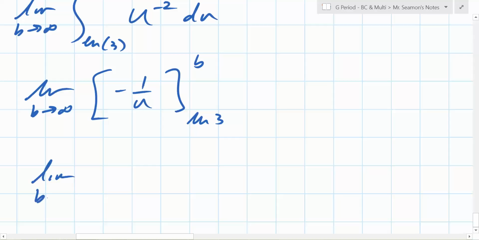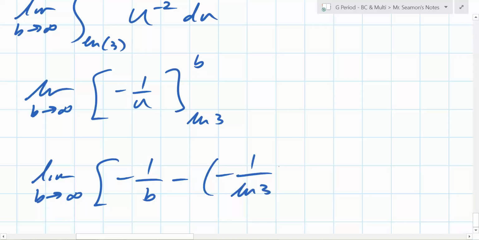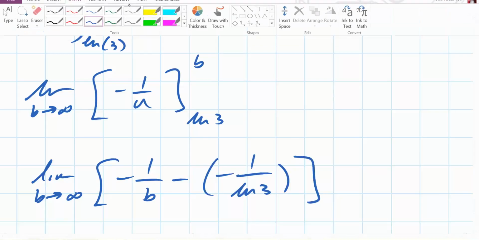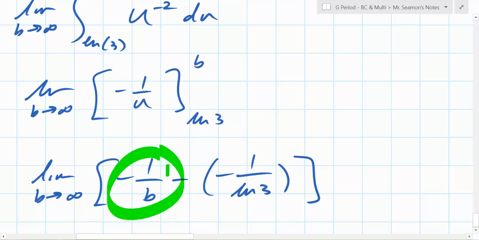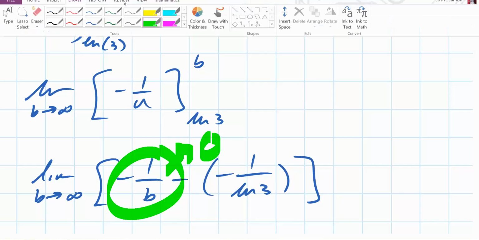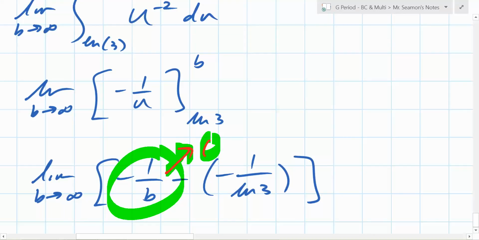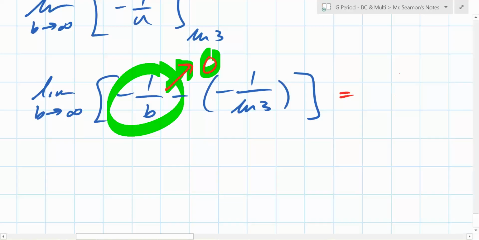So the limit as b goes to infinity of negative 1 over b minus what? Negative 1 over ln 3. What does this first one go to? 0. Nice. It goes to 0. So what do you end up with? 1 over ln 3. Absolutely. Yay. Okay, so what I'd like you to do